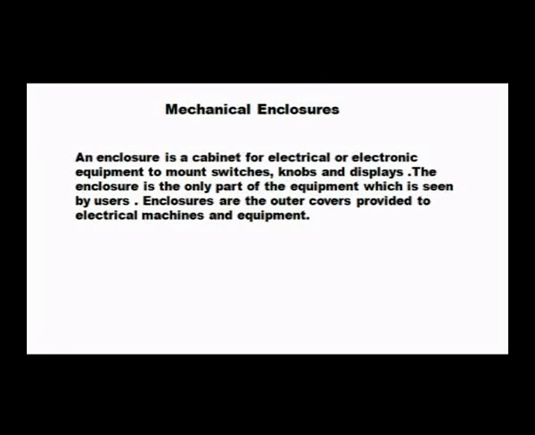So now let us look into another aspect called the mechanical enclosures. So what are the mechanical enclosures? The mechanical enclosure is a cabinet for the electrical or electronic equipment to mount the switches, knobs as well as displays. The enclosure is the only part of the equipment which is seen by the user. Actually, it is the outer part which is visible. The enclosures are the outer covers provided to electrical machines and equipment. So what is an enclosure? Actually, it is a protective cover which is placed over the machines. This is the protective cover which could protect all the